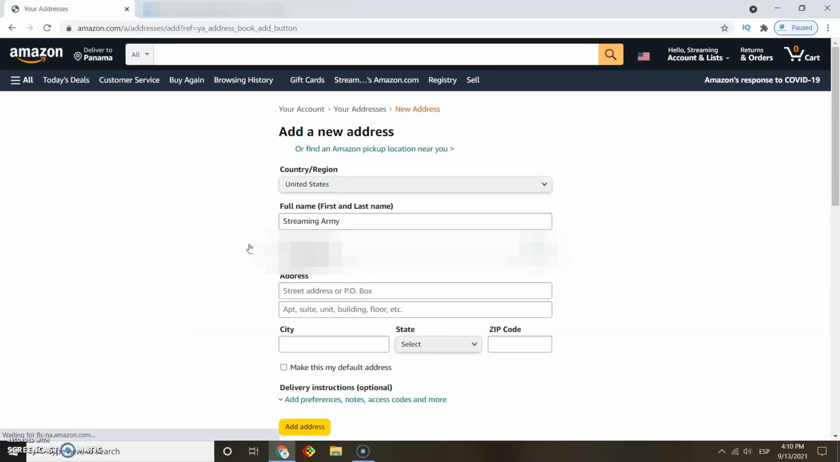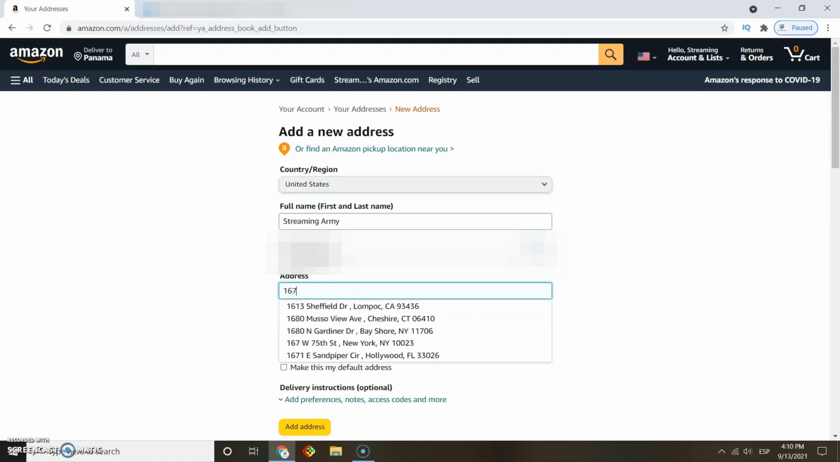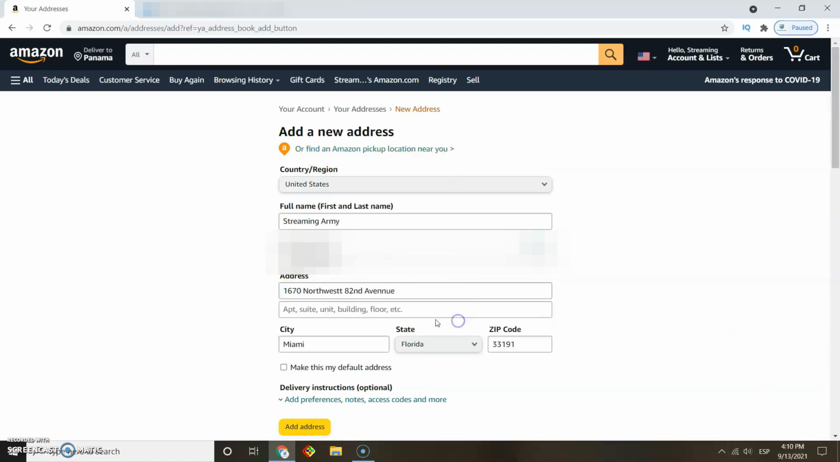Now remember that you're going to use this account only for your Fire Stick. Do not make any purchases because otherwise it will be delivered to the US instead of your country. So here in the address, you start typing a number, which is usually the street number or the location number, and you will see that there's an autofill option